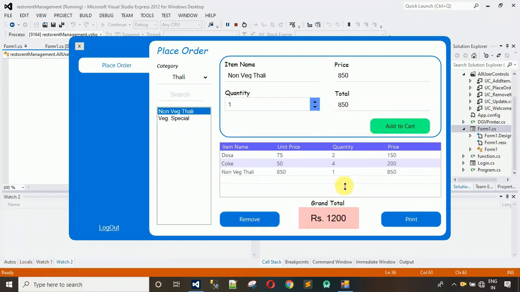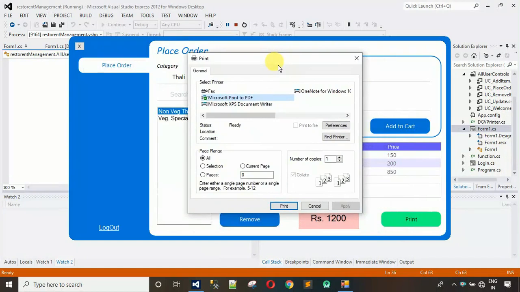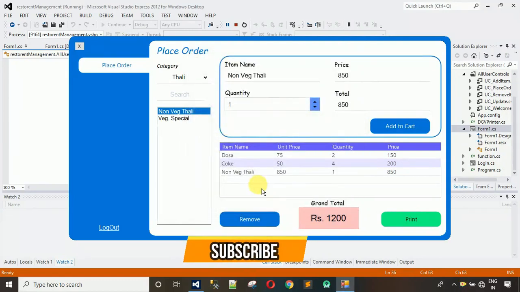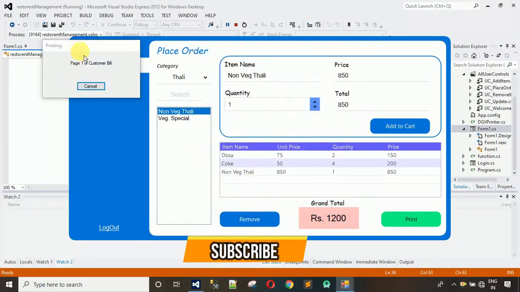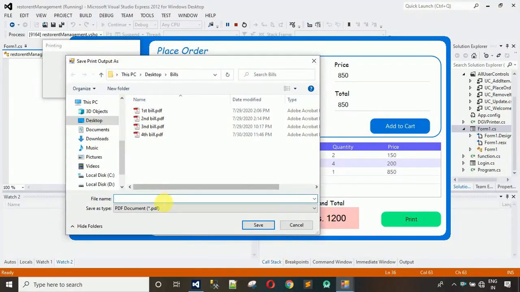So next thing what we have is one button to print the bill. So when I click on this print, here you can see this, it pops up a dialog like this, which is a default software. Okay, so now what we have to do is just click on this print. Here you can see this page 1 of customer, and it's showing where you want to print the bill. So I want to save the bill over here, so I'm going to name it 5th bill, and when I click on save,